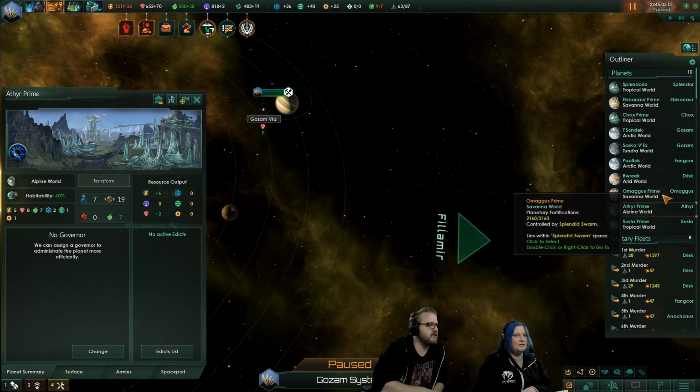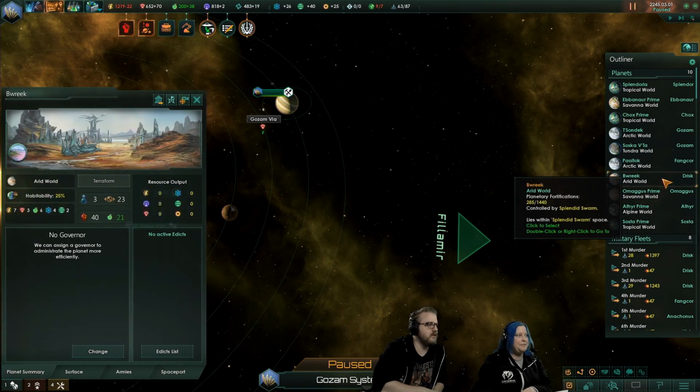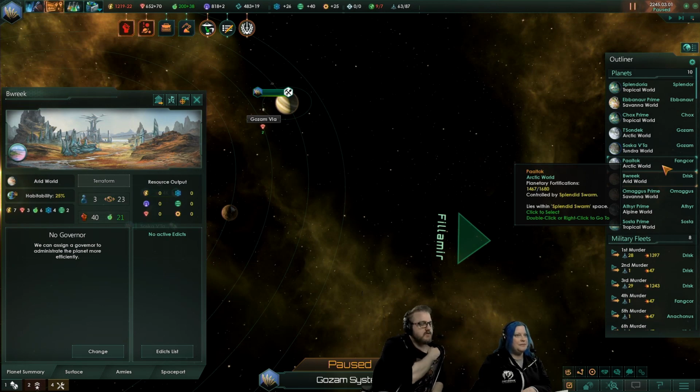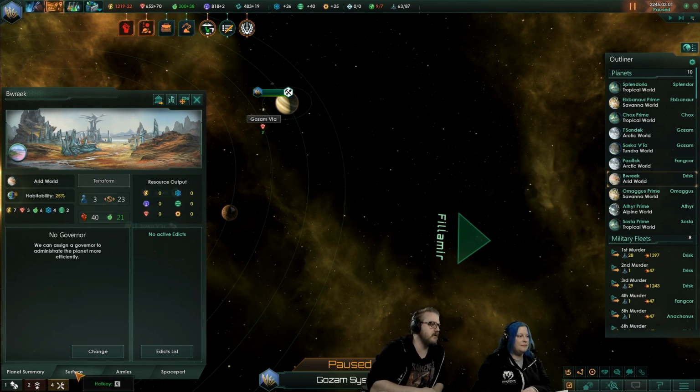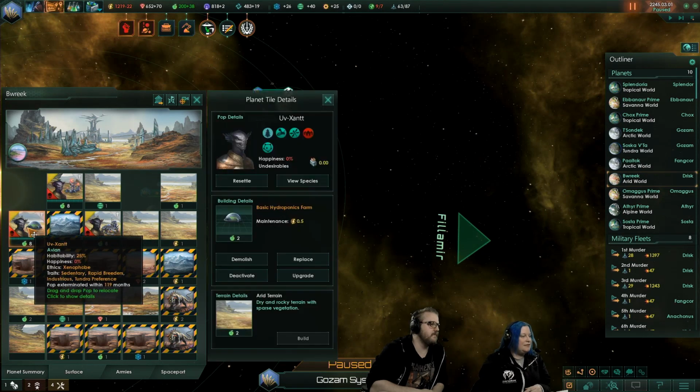So, Omagus, that was Stellaris, Break, we know about that one. There's 40 unrest right now. So what we can do, if you click on the surface tab, is move some of our own guys there. There's probably a good way to do this, and I'm going to show you the bad way because it's the way I know. If you click on one of the guys there, any of them,